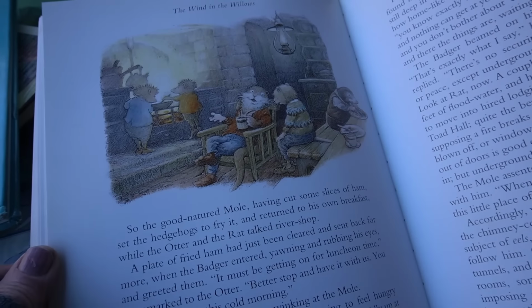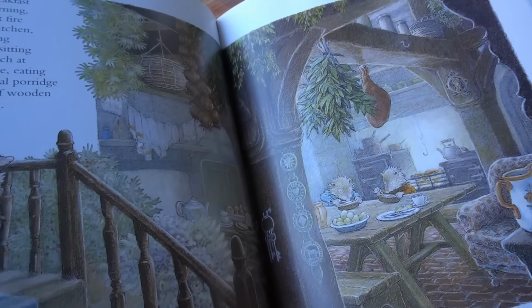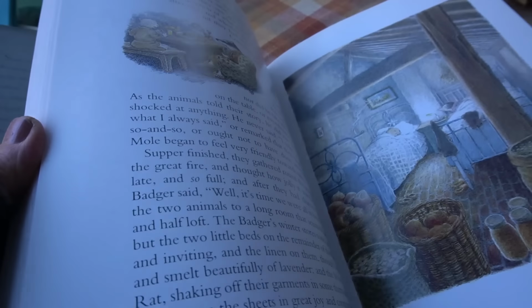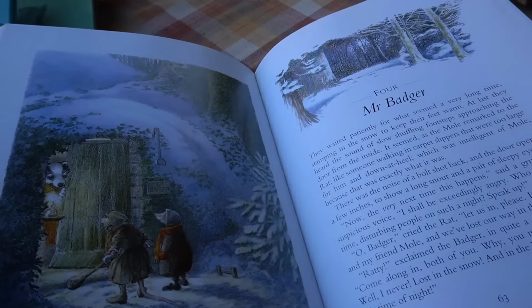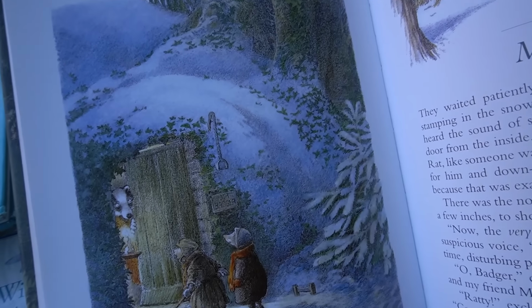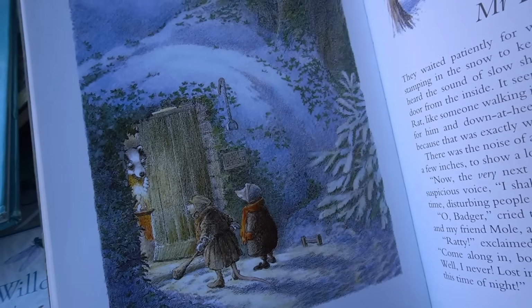Artists just can bring a story alive. It isn't just the words of a story. It's the illustration. I've always said that you can have a great story. If it's a children's book, you can have a great story, but you've got to have great illustration to go